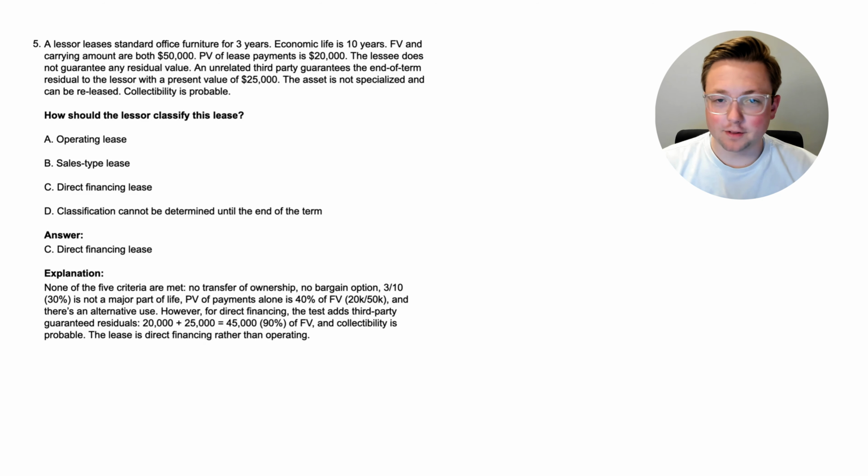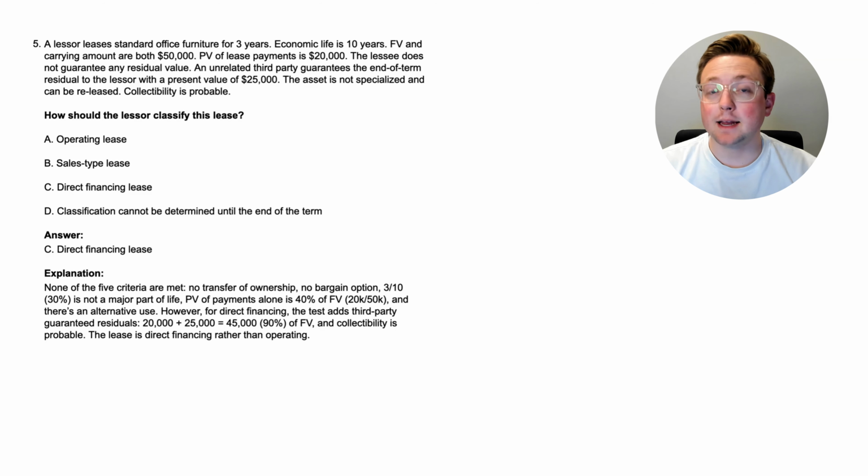So, you might have thought I was maybe trying to trick you there, that it was still a sales type lease, but it's not. It's a direct financing lease. So let's go through this. None of the 5 criteria are met, and we've been talking about 4 of these so far throughout the video. There was no transfer of ownership, which is one of them. There is no bargain option. It's only 3 years out of the 10-year life, so that's not a major part of the useful life. The present value of the payments alone is only 40% of the fair value,